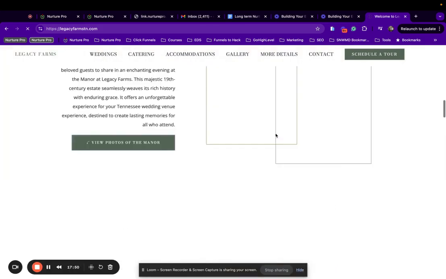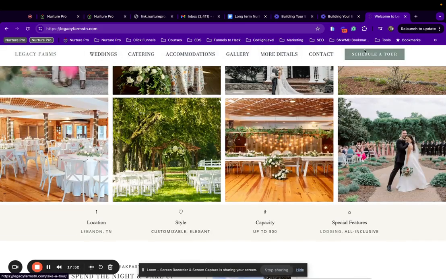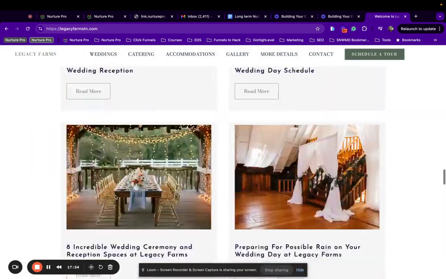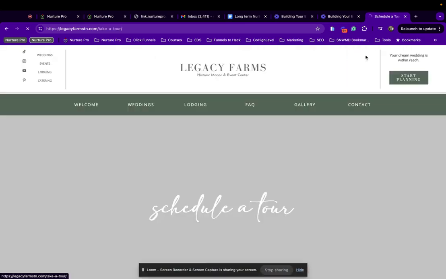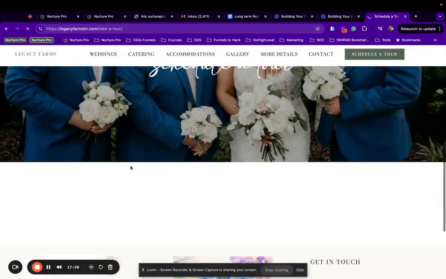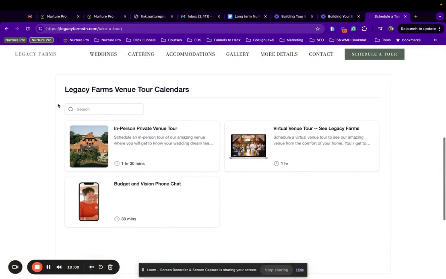So you can set it up to have your booking widget have photos next to it, so they have the option for in-person private tour, virtual venue tour, budget and vision, phone chat if you want to, or a discovery call. And then you can also separate it for weddings or events using the different calendar groups and setting up